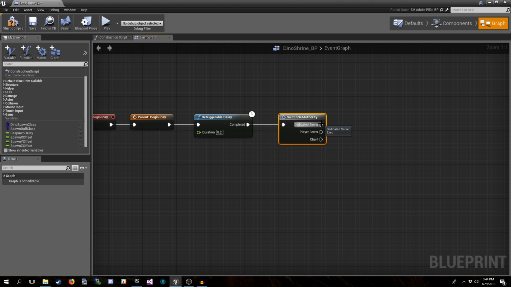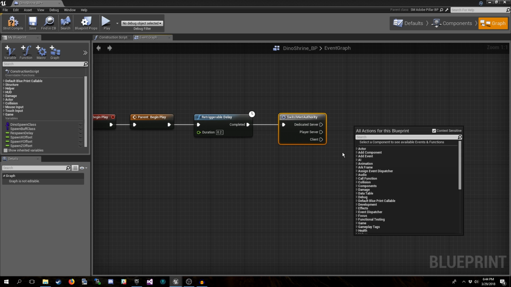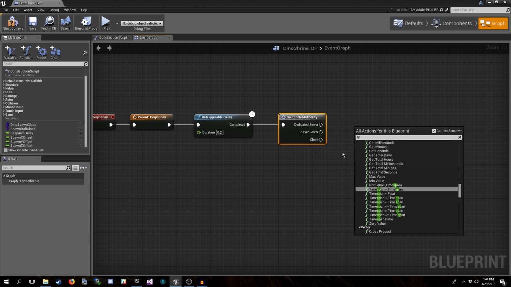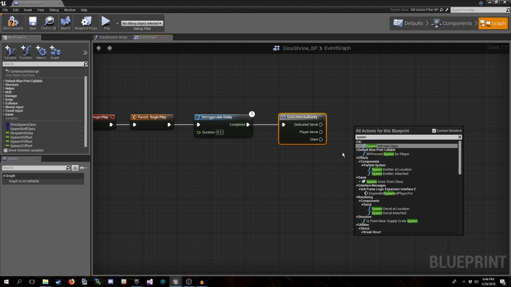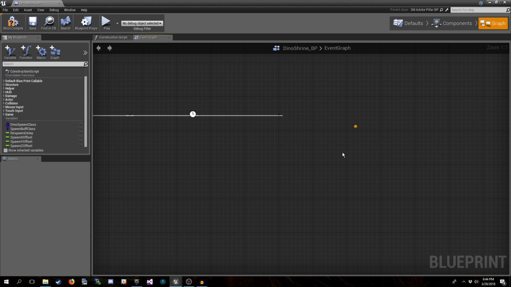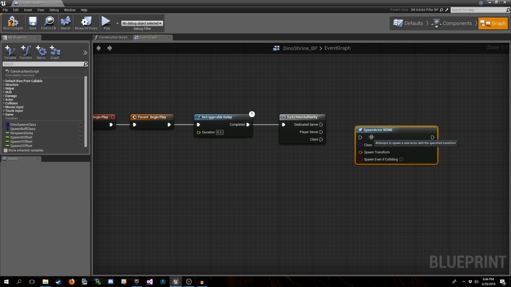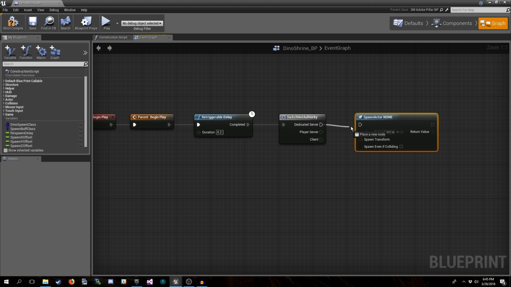So after we've done that, we want to spawn class. Nope. Spawn actor from class. Now, you might remember in the last video, we did a construct object node to create that other particular blueprint that we made, but that was a blueprint deriving from object.